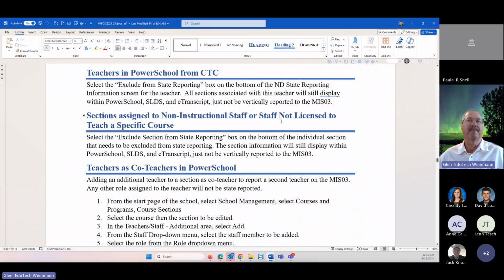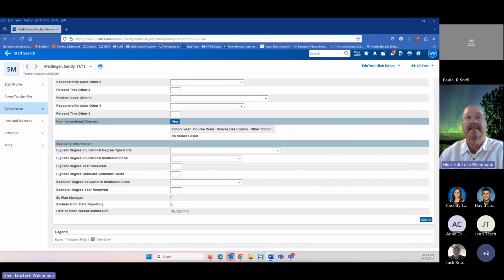Sections assigned to non-instructional staff or staff not licensed to teach in a specific area. So a common example here is we have principals sometimes that do this, but there's also a lot of you who use a para or maybe an admin assistant that might be listed as the teacher for all these online classes that you're bringing into your school, or in some cases the ITV classes too, and so on. But that admin assistant doesn't have a teaching degree, and they're not licensed to teach those classes. Well, you don't want to get dinged on a state report with this, but it's perfectly okay to exclude that individual from state reporting. The information's still going to flow fine, but you won't get it marked as having somebody teach out of their area. So we can do that at the staff level,